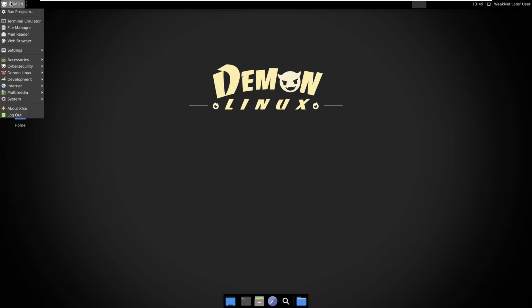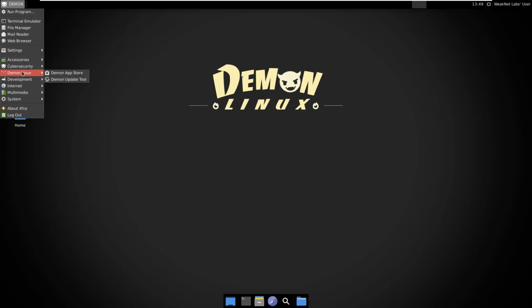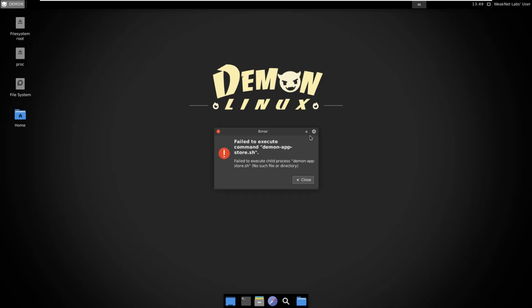So finally, the last thing to note again is that a lot of applications simply aren't going to work. Penetration testing specific applications and the Daemon Linux specific applications. So the Daemon App Store won't work at all, and the Daemon Update tool won't work at all, and that's because they're not within your path, and they do a lot of things to your system that require root privileges. They actually, like this for instance, installs applications, and it sets up paths, and it actually does stuff to your